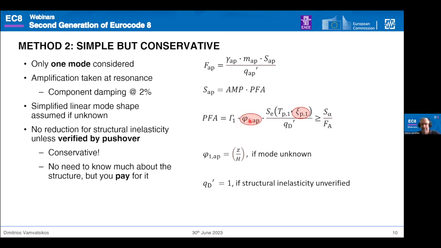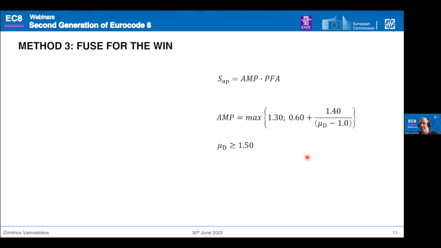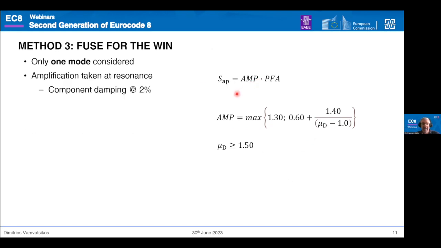Yeah, just some basic stuff, but all of this, you get simplified assumptions for it. Now, method 3 is the fuse for the win method, meaning you have a fuse, a structural fuse we discussed earlier. You might notice as I'm going forward, the number of equations decrease and decrease, because you're only considering one mode, and you just have to define a peak floor acceleration, multiply by the amplification factor, easy. And then the amplification factor essentially is just a very simple equation, because that's what we found analytically